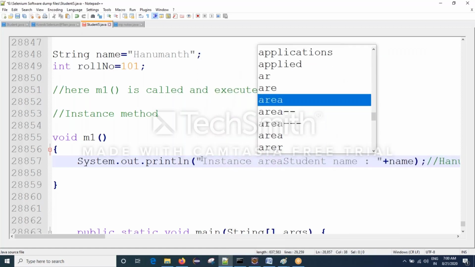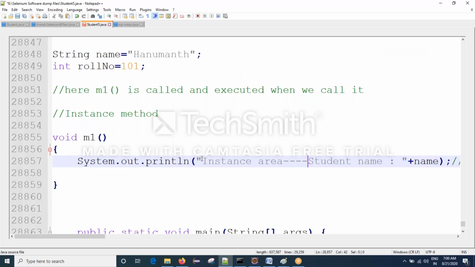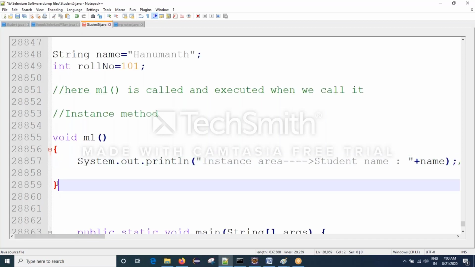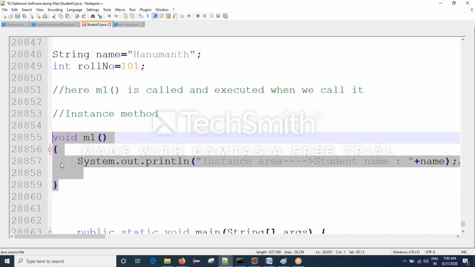Next, print student name. Next the block is closed. Again the cursor moves to